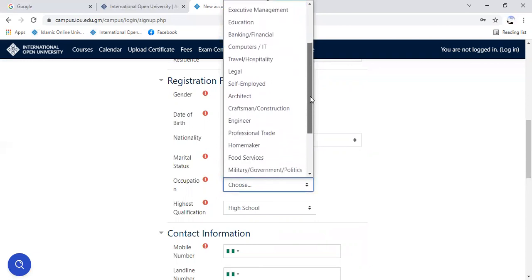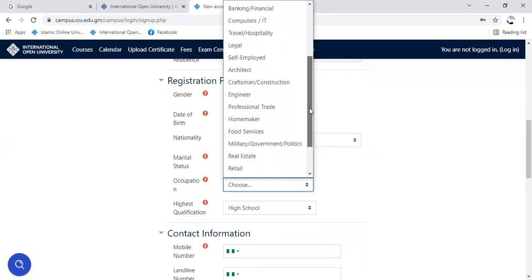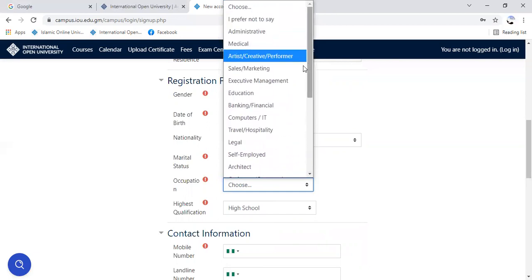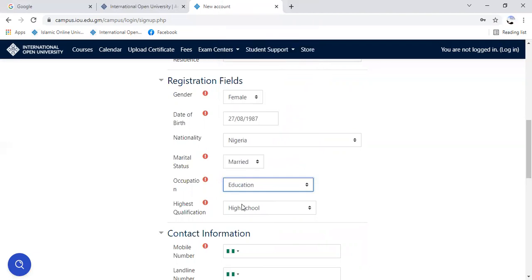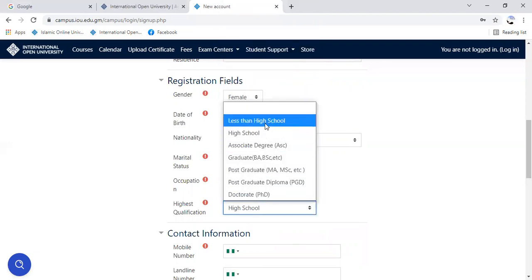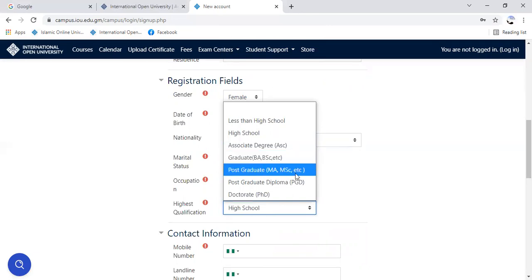You can pick your education, your highest qualification, whether you have less than high school, high school, associate degree, which might be diploma, you're a graduate, postgraduate, or postgraduate diploma or doctorate, you pick whatever it is for you.